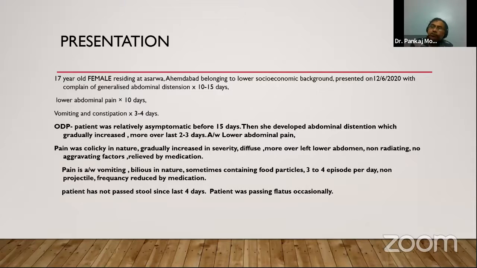So what was the relation of pain with the food? Sir, there was no relation with food. What do you mean by no relation? Sir, the pain was intermittent, but it is not related to food intake. So what were the relieving factors? Sir, the patient has taken some medications from a private practitioner. No, that is a treatment chart. You understand? Relieving factor does not mean medication.